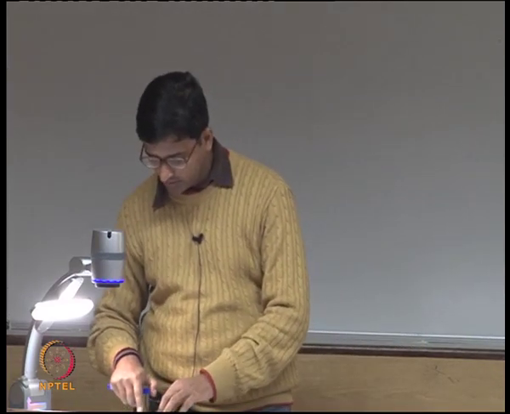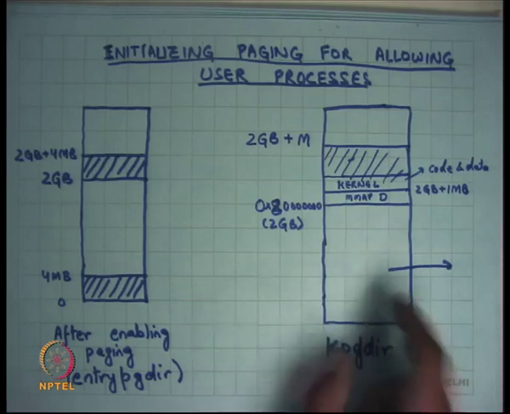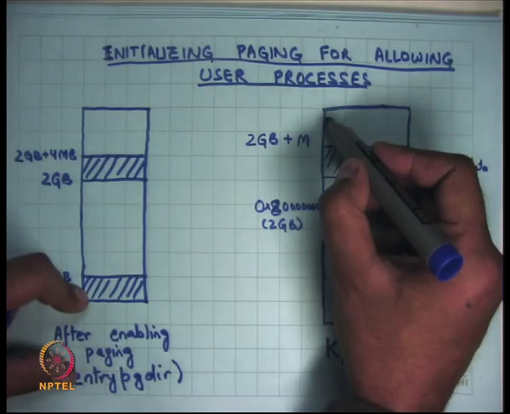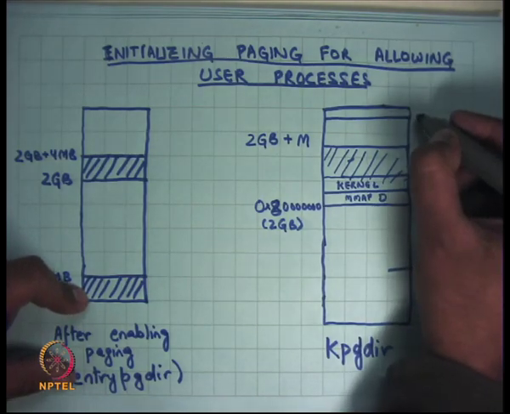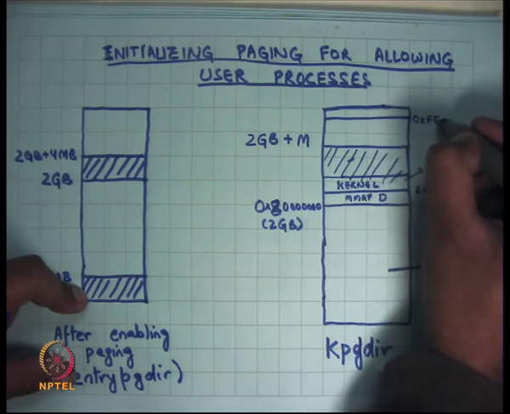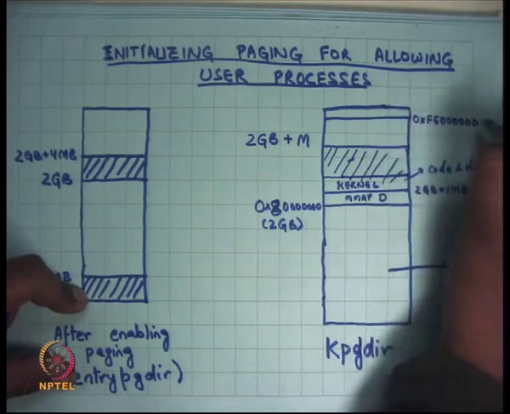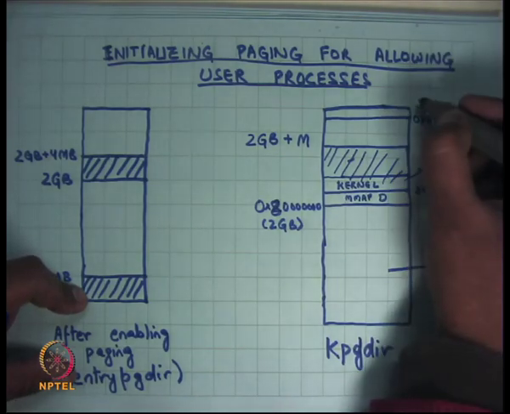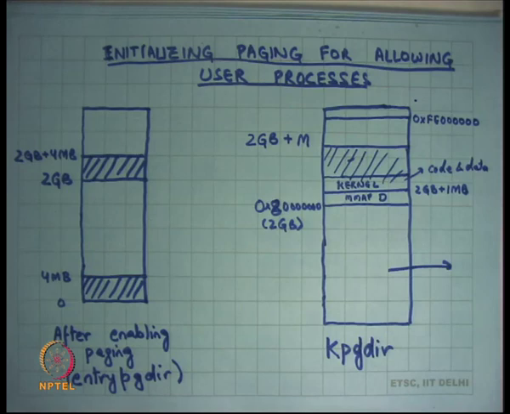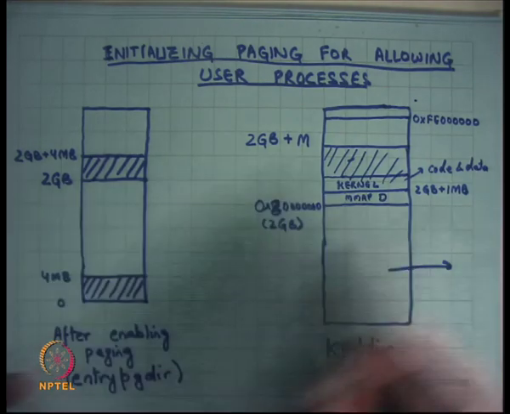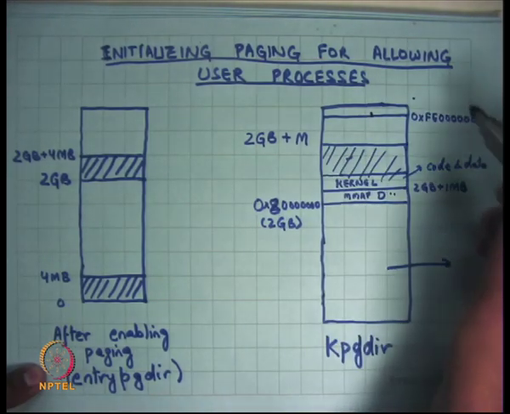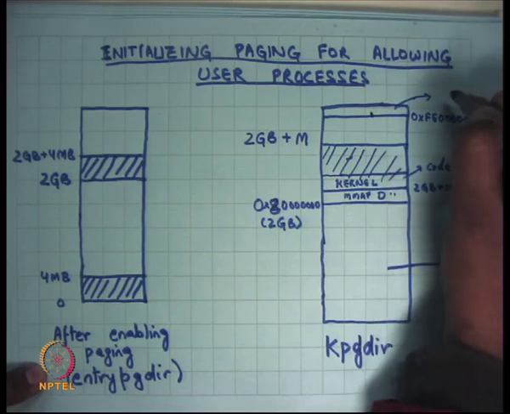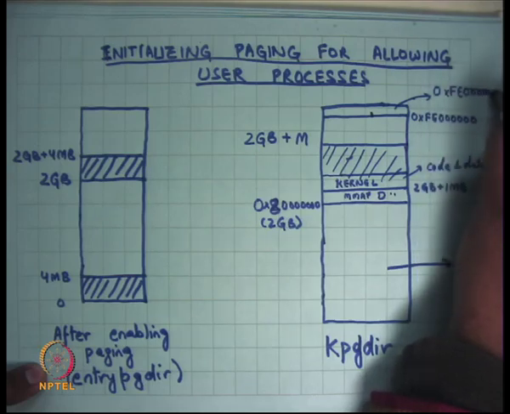So I want to switch from this organization to this organization. Also I'll point out that at the top there is a slice of virtual address space that starts at 0xFE and 6 zeros till 0xFF, right. This slice of address space is actually used for memory mapped devices also. So just like this area is used for memory mapped devices, this area is also used for memory mapped devices, and so this maps identically to the physical address space.